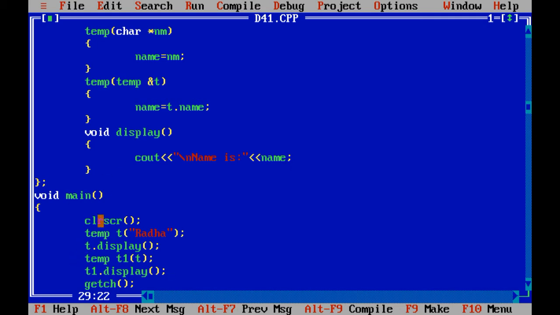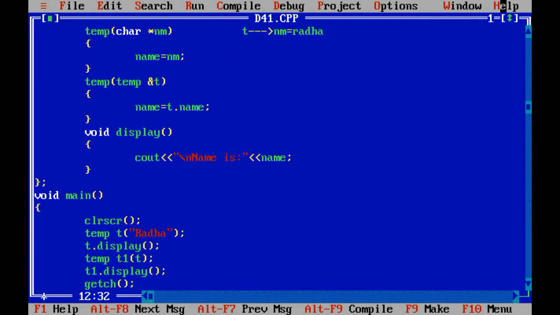First of all, I have created a simple object t of class temp. Inside that I have passed Radha. So over here it will call the parameterized constructor with string or character data type. Here we have called this nm with the help of the t object, so t of nm equals Radha in this case.